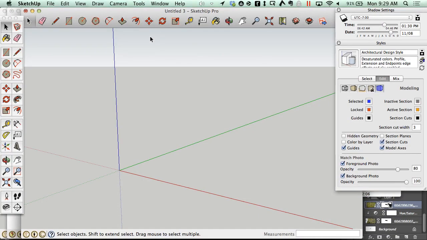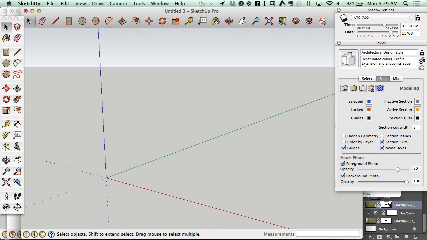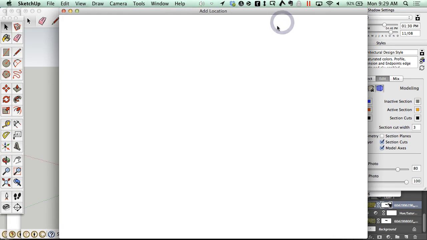Okay, so we're going to go back over how to create those topo lines from your surface again. So I just have a brand new SketchUp drawing. I'm going to go ahead and bring in my terrain. So I'll click on the Add Location button